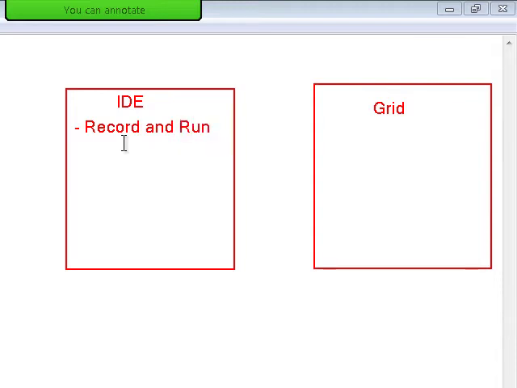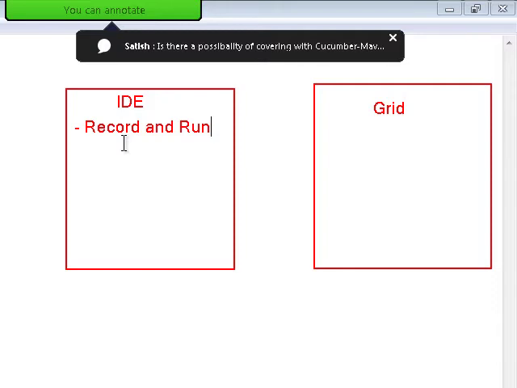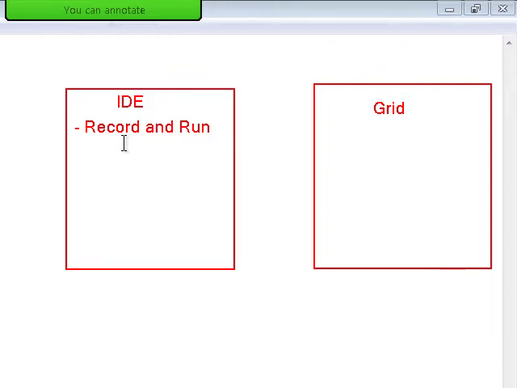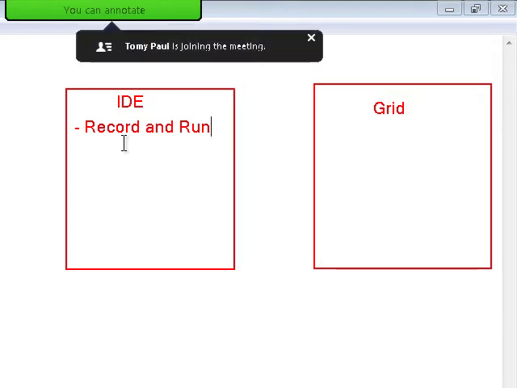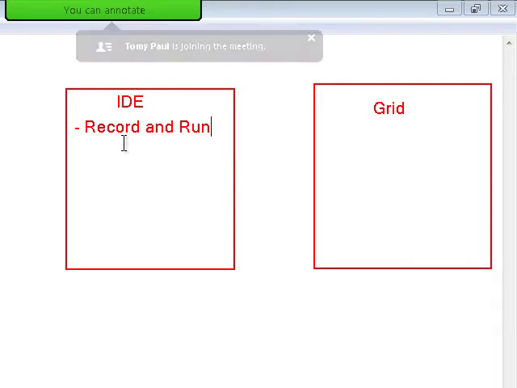It's still there, but I never use it. Record and run. Every tool has this option, even if you open UFT or any other tool like IBM's. The record and run feature is there in every tool, but it is not used because websites today change dynamically. If you take a website like Microsoft.com, updates come every day and the UI changes, so you cannot just use record and run.